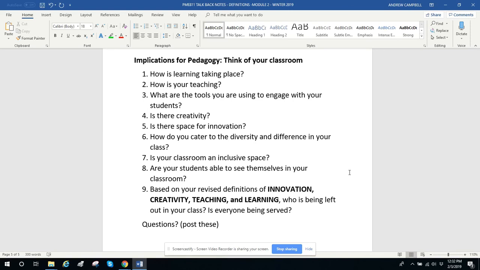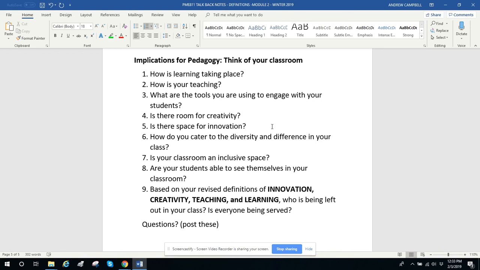What are the tools you are using to engage with your students? Is there creativity, or should I say, is there room for creativity? Some of us are too rigid. Is there space for innovation? When we talk about innovation, when we talk about that modification,